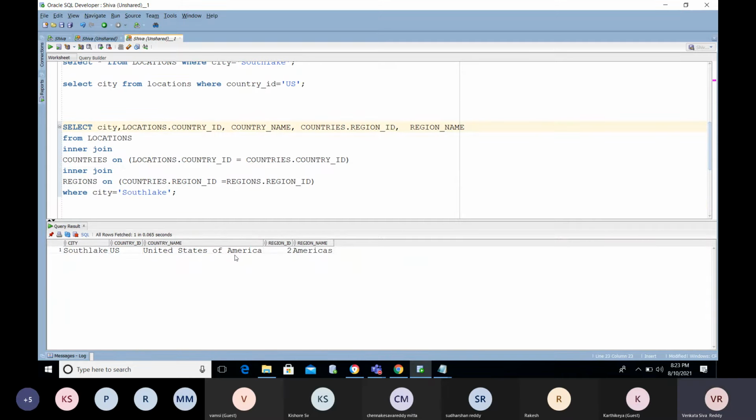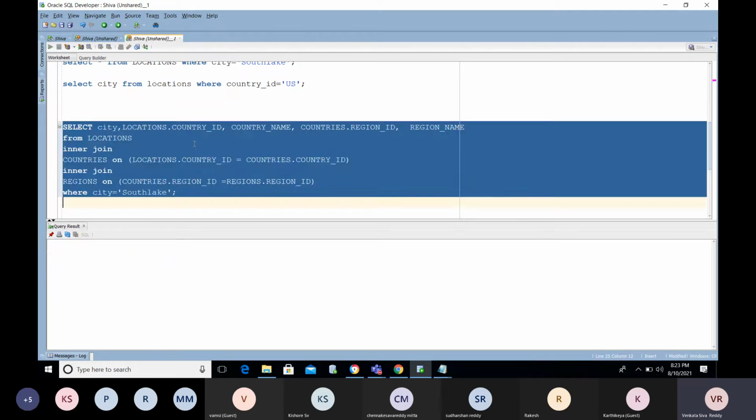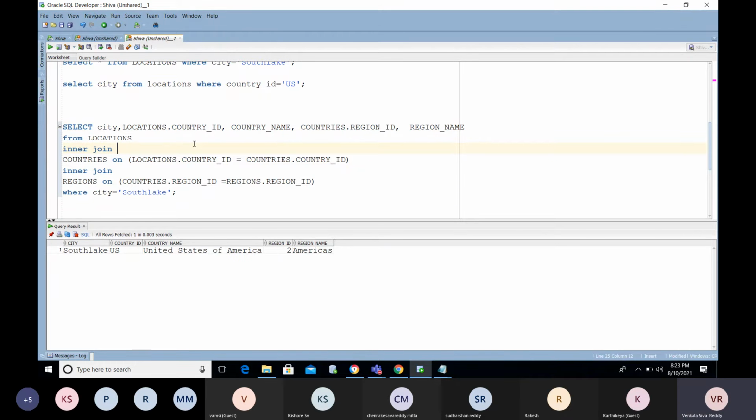Okay, see, this is related to Americas. South Lake is related to the US. Simply we can find that out using country ID and country name, but we need the data with the queries. Got it?